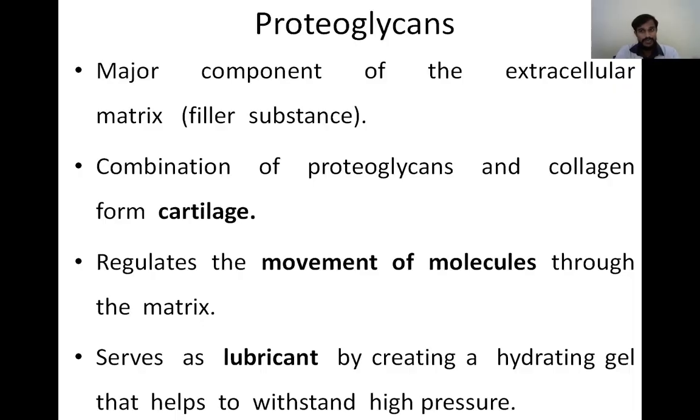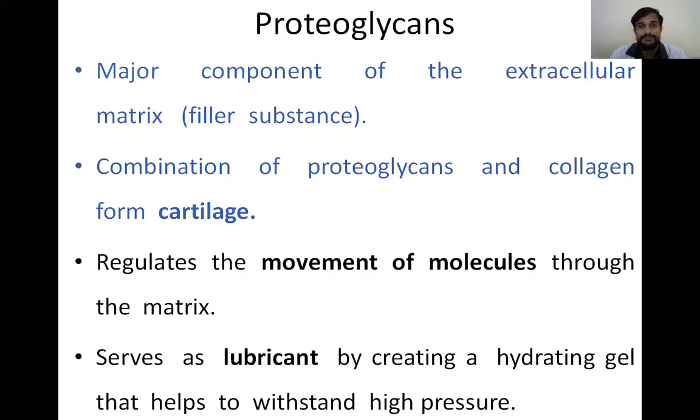So proteoglycans, coming to the individual components, we are seeing the functions of the individual components. The major component of extracellular matrix is proteoglycans. So that's why it is also known as filler substance. Most of the extracellular matrix is filled by the proteoglycans, which is made up of protein and glycosaminoglycan. So combination of proteoglycans and collagen form cartilage. So we know the bone is formed mostly by collagen,